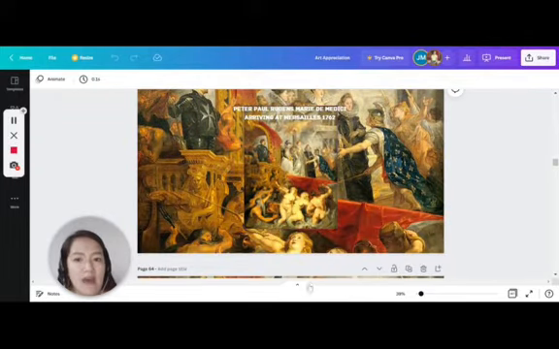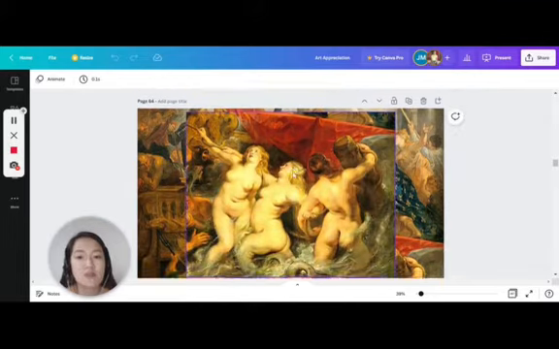Lastly, we have Peter Paul Rubens' Marie de' Medici arriving at Versailles, 1762. Now, Marie de' Medici commissioned 24 paintings, pictures that depicted historical events in her life, with the intention to decorate the Palais de Luxembourg. So basically, the mission of this painting really is an attempt to sway public opinion regarding her right to rule. But I would like us to focus more on this part of